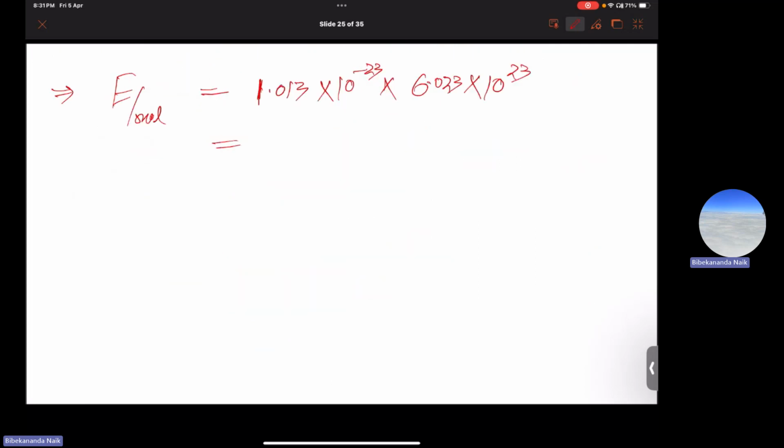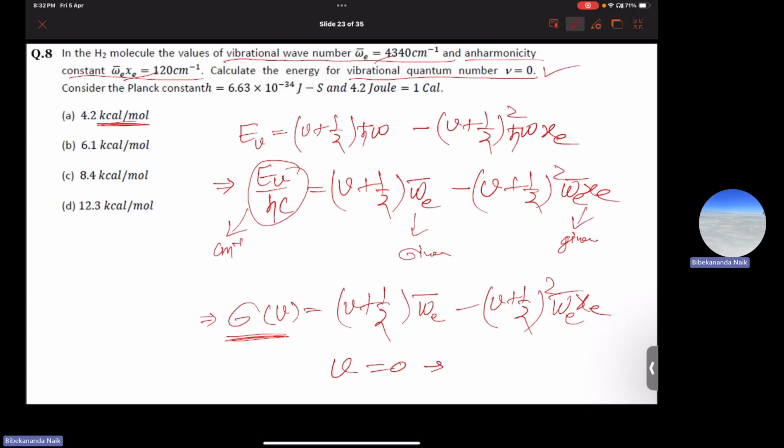So it will give 6.1 kilocalorie per mole, because 1 mole contains 6.023 into 10 to the power 23 number of molecules. So it will be multiplied here. So the correct option will be option B,